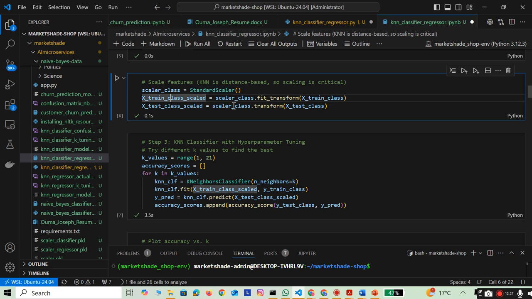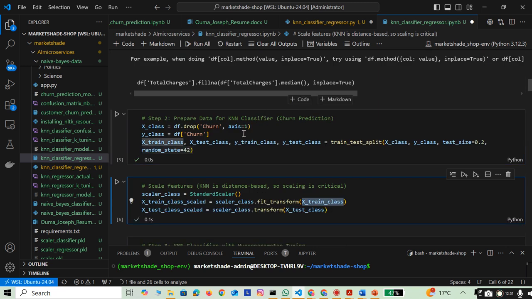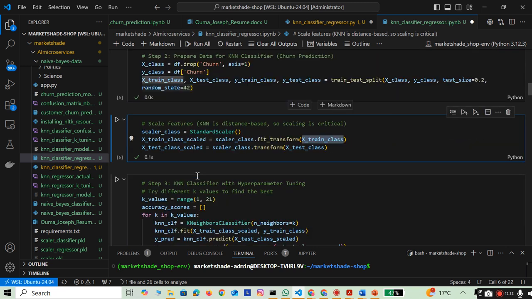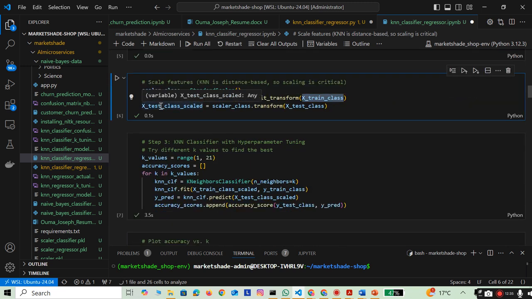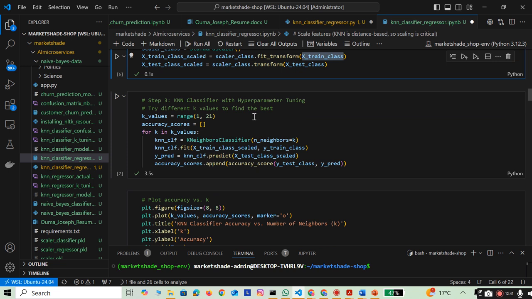So it's going to transform the X train class. Of course, the X train class, what did we do? We split it into 80-20. And also transform the X test class. Once we did that, we can now go ahead and find the best range of values that can be used